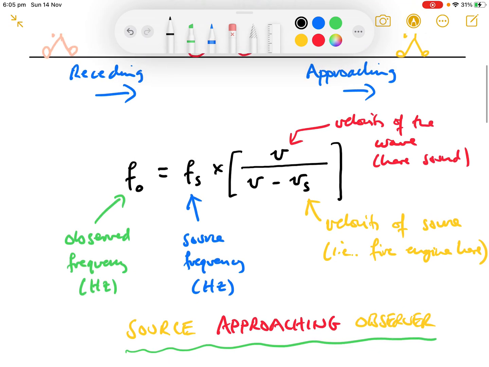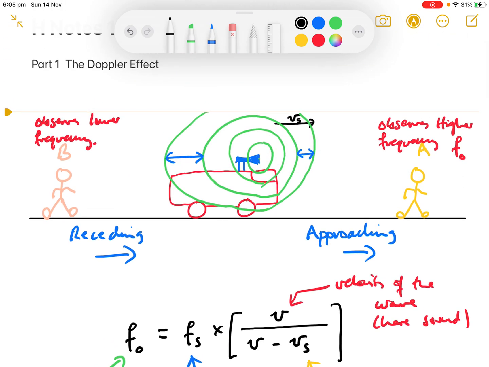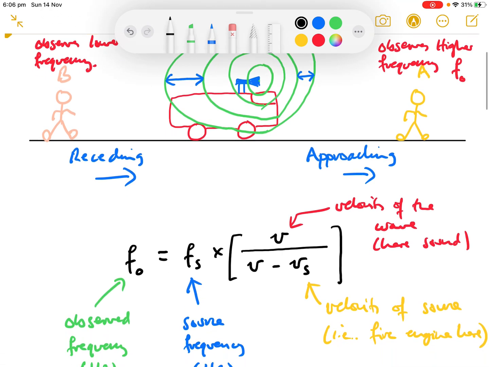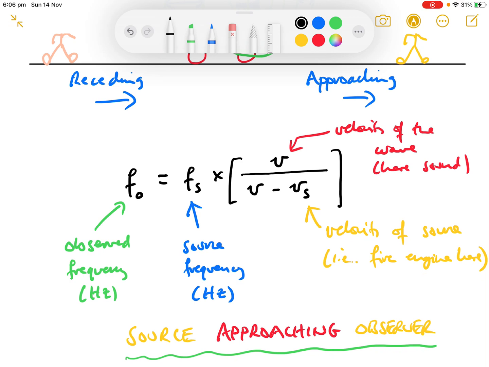Now we have a similar equation, similar but slightly different, for the receding situation. Remember, the receding frequency is perceived to be a little bit lower. Well, you can see why in the approaching equation, the one we've just done, that the observed frequency is a